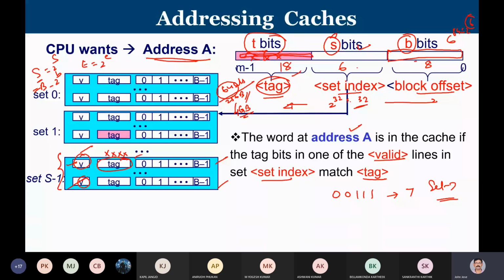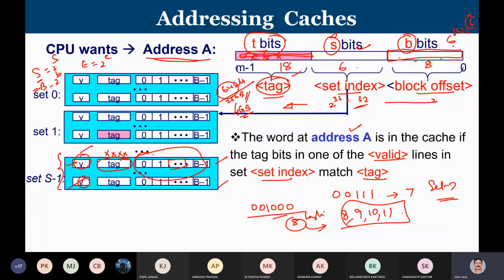Then how do you extract it? Using the offset bits. If there are 6 bits, that means there are 64 bytes of data. So using these bits, I can know from where my word is starting. If my last 6-bit value indicates 8, that means from the 8th byte onwards, you extract one word. If one word is 4 bytes, then byte numbers 8, 9, 10, and 11 will constitute the word that the CPU has asked for.